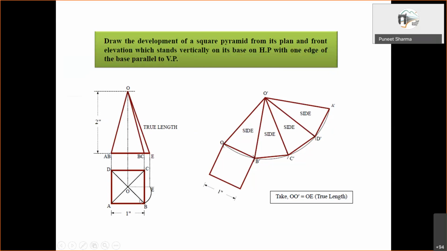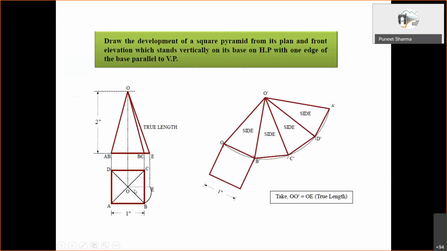Any of these slant edges we need to make parallel to the XY line and then bring it up to the level of the base and join it with the apex. This will then give the true length of the edge.